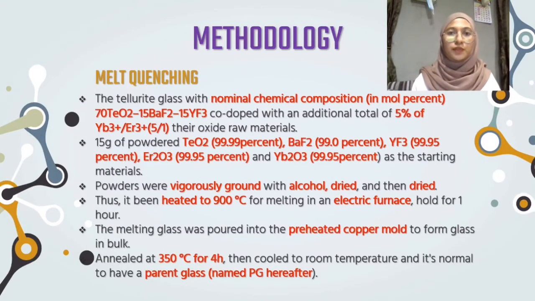Next, I will continue with the methodology. There are 2 methods that we use to make Tellurite glass. The first one is the melt quenching method. The Tellurite glass with nominal chemical composition in mole percent has 70 tellurium dioxide, 15 barium fluoride, and 15 yttrium trifluoride, co-doped with an additional total of 5% of ytterbium or erbium